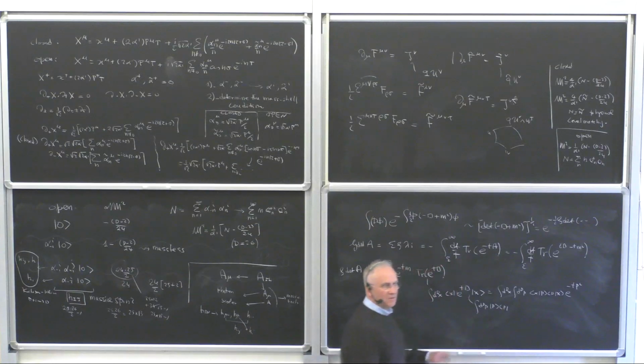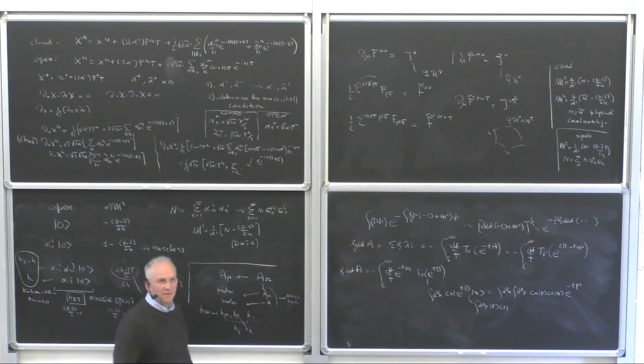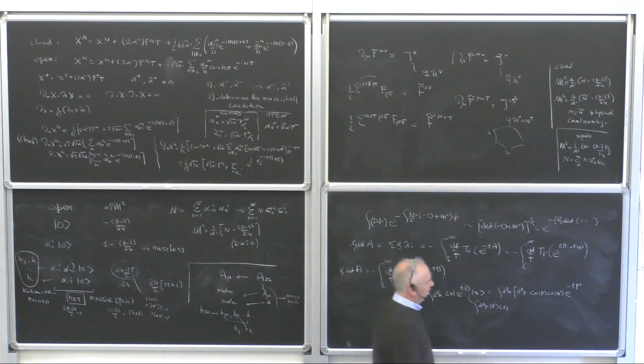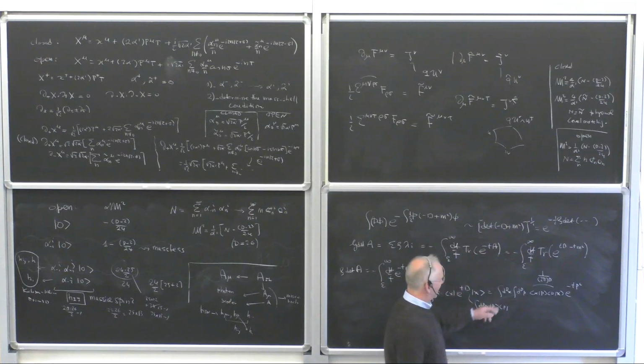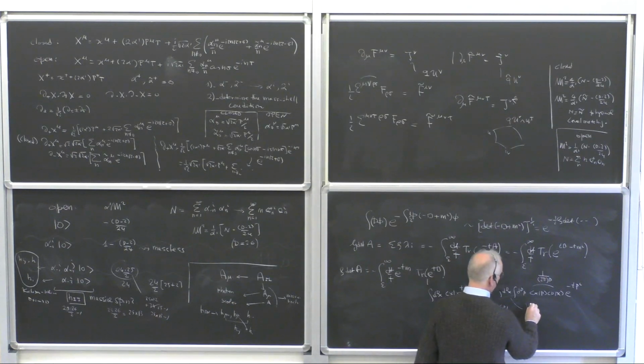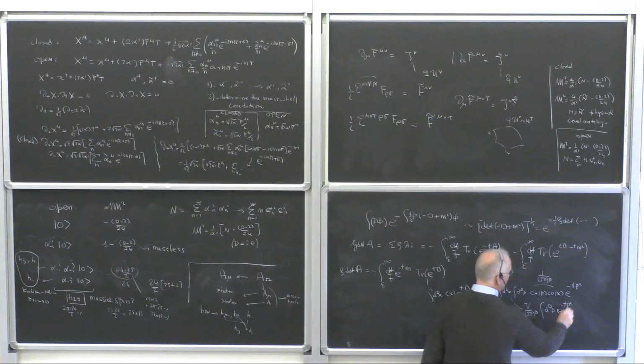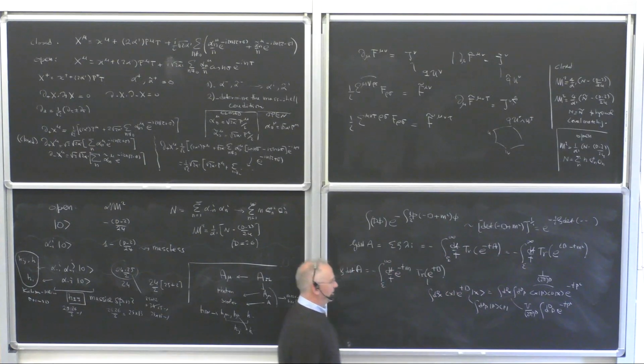Everything is Euclidean, so there's no issue of diverging integrals. No? And this is the usual thing that you do in quantum mechanics, so it's 1 over 2 pi to the d. The integral dx is the volume of space-time. So what you get from this expression is volume divided by 2 pi to the d, integral d^d p e to the minus t p squared, and this is a